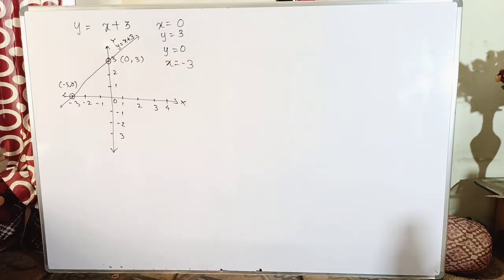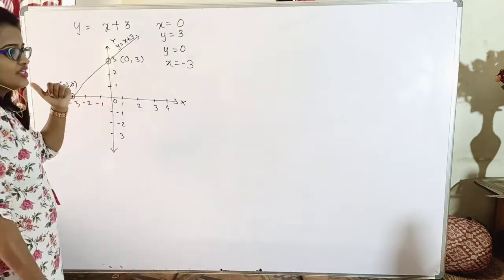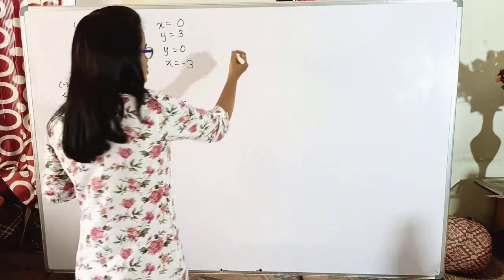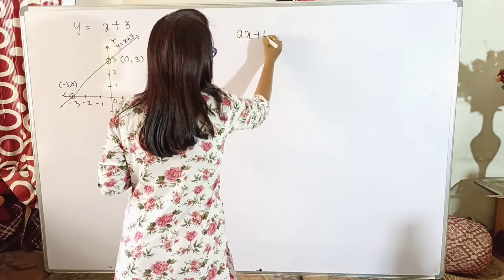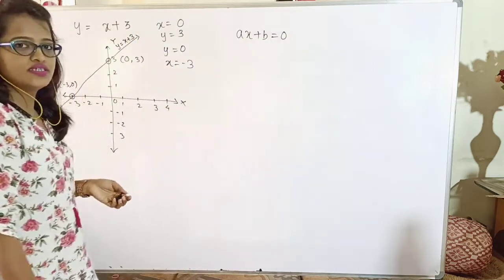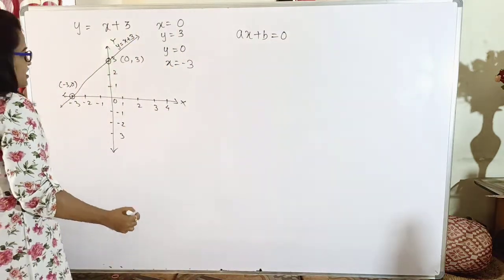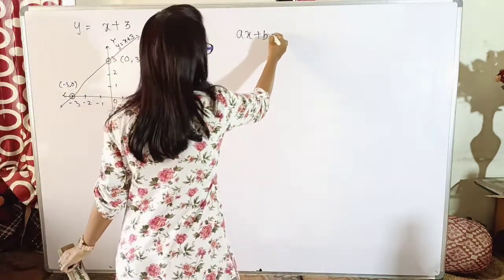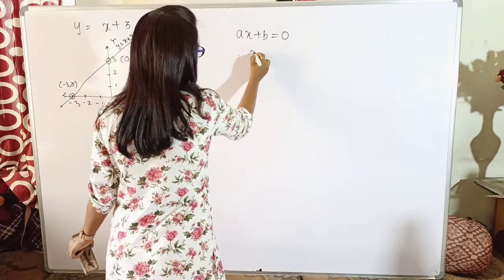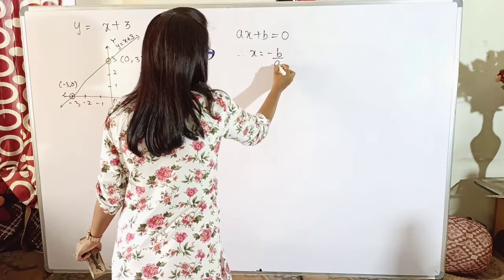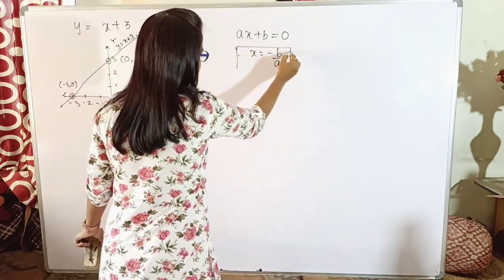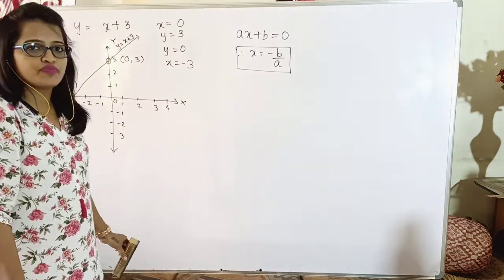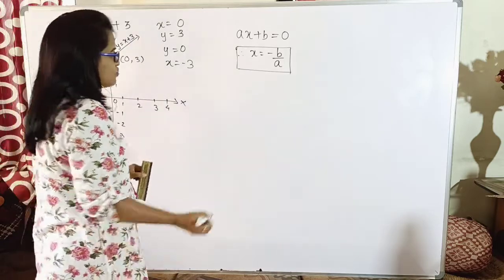Fair enough. Now, do you remember in your previous class you have seen how to find the zero of a linear polynomial? What is the standard form of a linear polynomial? ax plus b, that is the standard form. But if I have to find its zero, what do I do? I equate it with 0 so that I will get the value of x as minus b by a. Okay, so this was one theorem which you have seen to find the zero of a linear polynomial, isn't it? Now let us compare it with this equation.